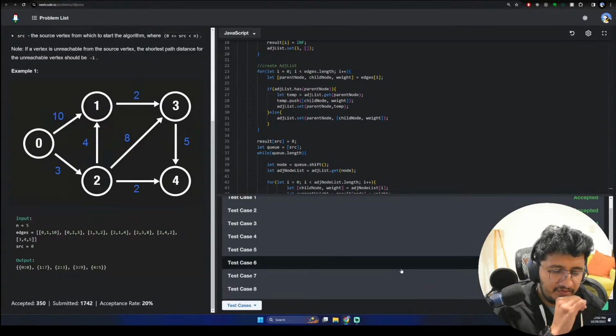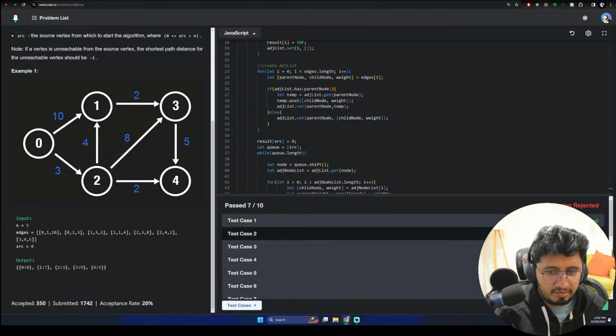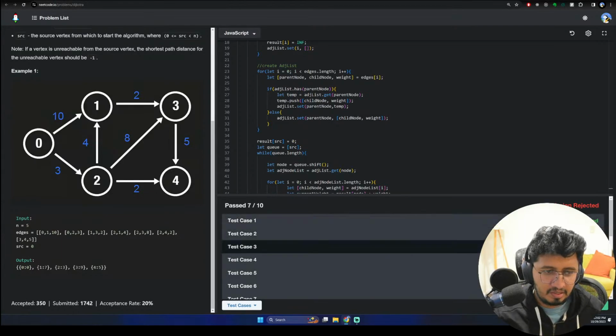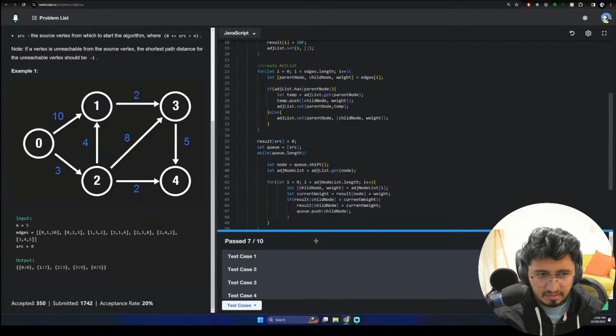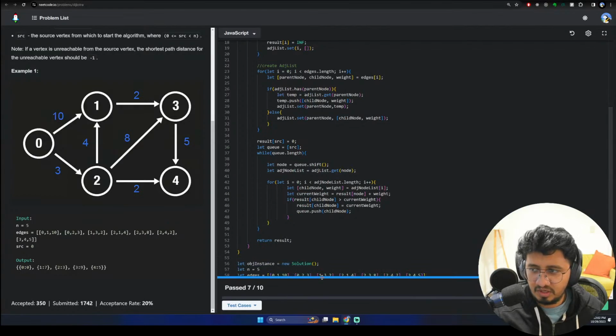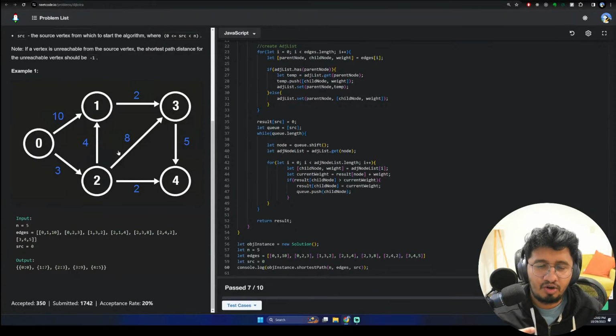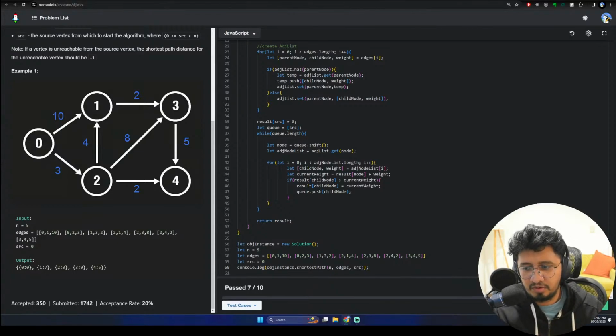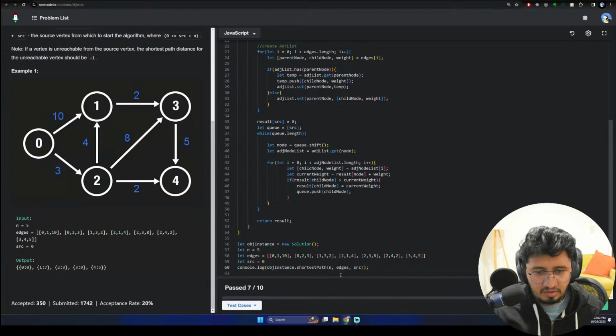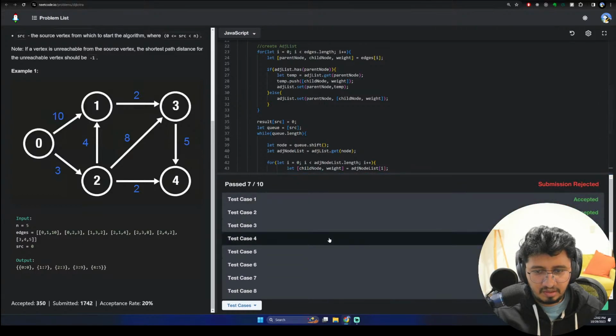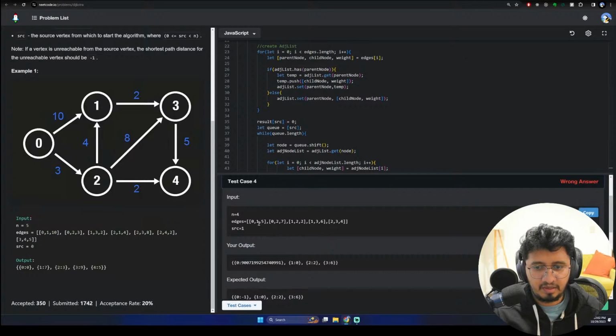Okay, so yeah, it got accepted for most of the test cases. I might have missed a couple of test cases, but my thought process was somewhere close to what Dijkstra's algorithm is, and I'm happy about that. I just wanted to get my thought process running for this particular problem. I always wanted to do this problem, but yeah. So I guess the conditions that I might not be looking at might